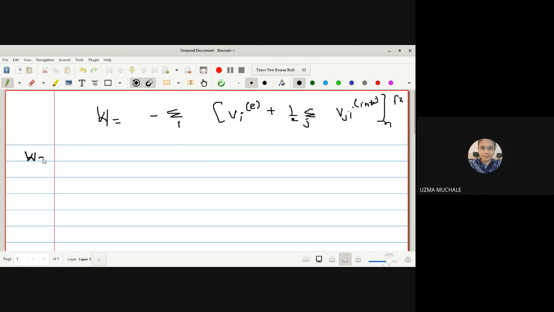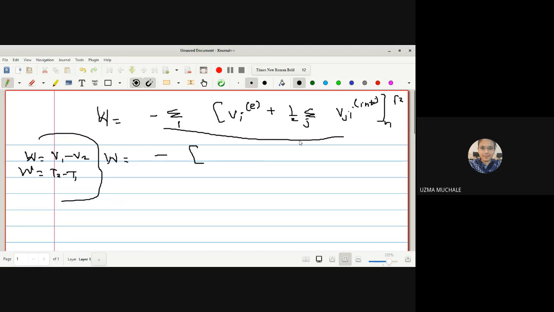Now this is what we have found, just like we have done for our single particle. For the single particle, we found the work done in terms of potential as V1 minus V2, and in terms of kinetic energy it is T2 minus T1. In a very similar way, we have to do it for a system of n particles. So the work done is equal to this whole value; the summation with the negative sign we keep as it is, and this whole value I can write as the potential energy acting on the whole system due to external as well as internal forces. Is it okay?